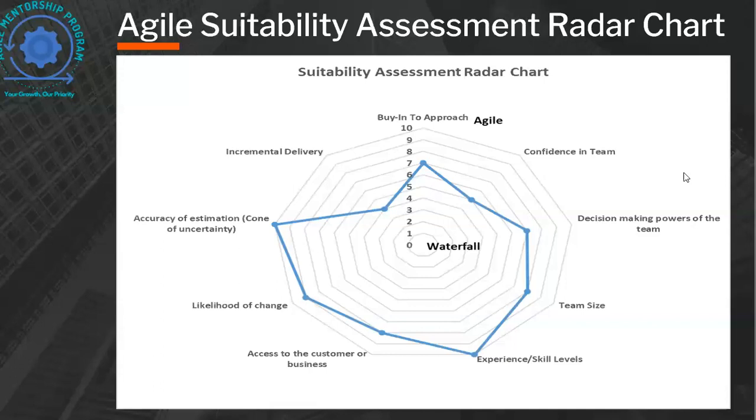Okay, so what is it that I have done here? I have taken the assessment parameters in terms of buy-in to approach, the confidence of the team, decision-making powers of the team, likelihood of change, access to customer or business. I have taken those parameters, I have created a questionnaire, and we have done an assessment at an engagement level